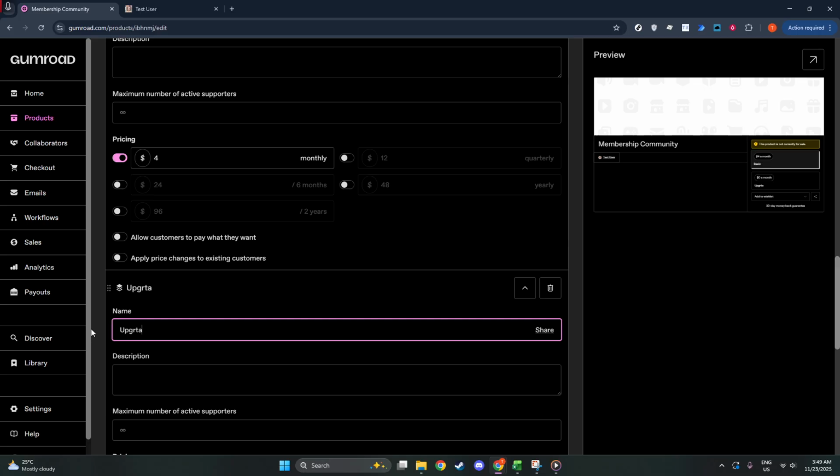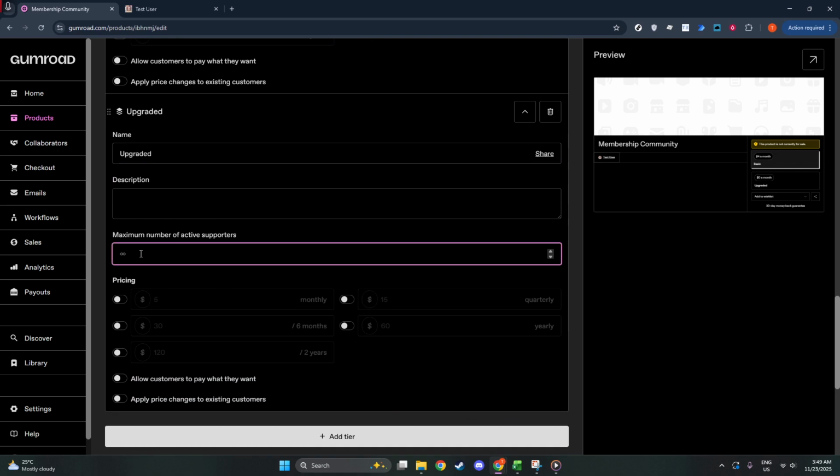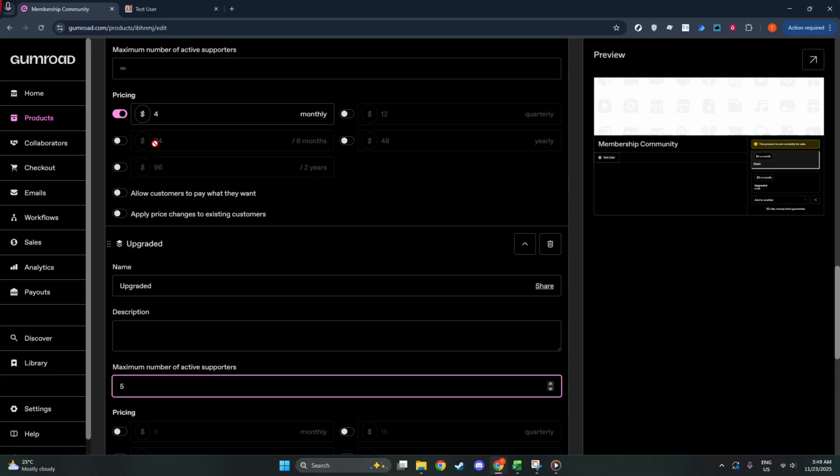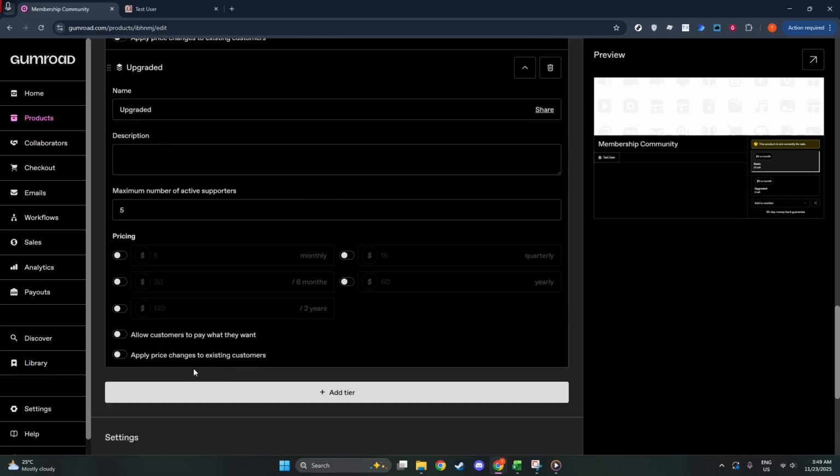If you want to manage capacity or add a sense of exclusivity, you can limit the maximum number of active supporters for a tier. In the tier's settings, choose a default payment frequency to match what most members are likely to pick. Keep in mind that all tiers must support the same frequency options, so decide on those up front